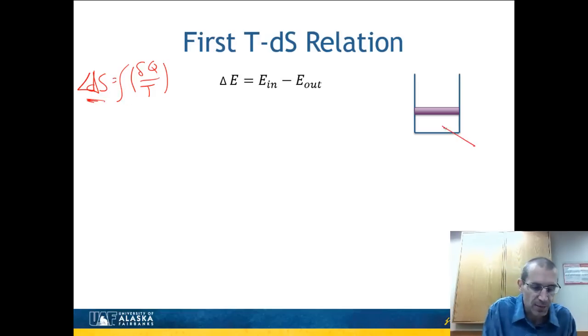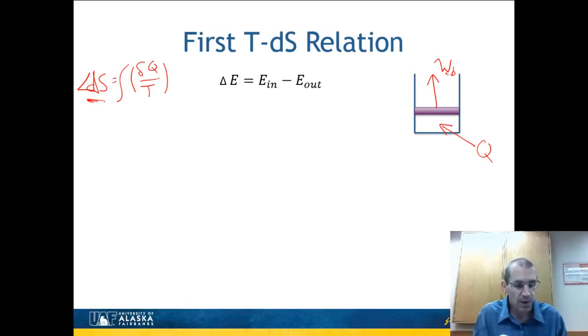So for example, if I had this piston cylinder device and I was to add some heat Q to it and maybe it was going to expand so it would do some boundary work. If this was, for example, an ideal gas, the temperature would increase as I added the heat. And so each time I would need to monitor the temperature for each amount of Q that I put in, and that becomes sort of laborious. And so I'd like to have some other way to do it that's a little bit simpler, particularly since entropy is a property. I should be able to do it by measuring other properties,